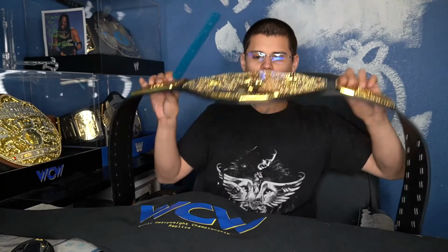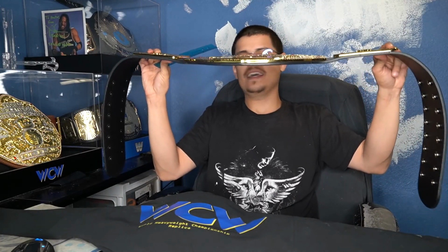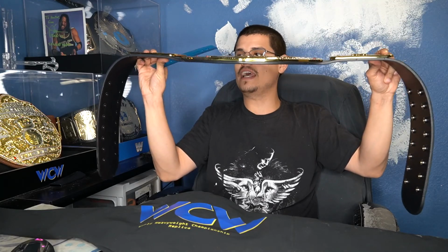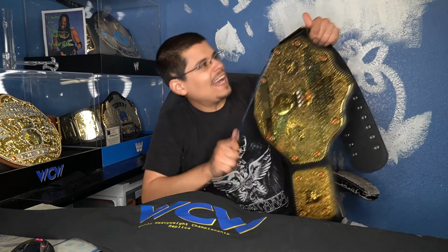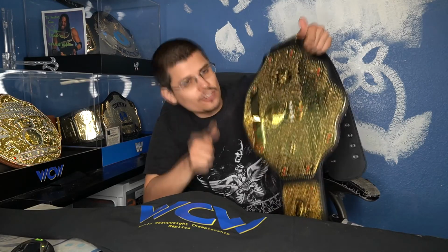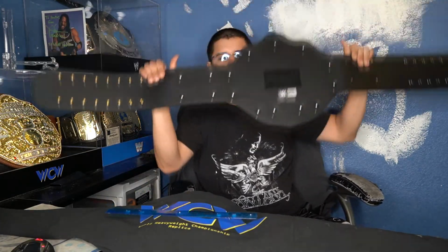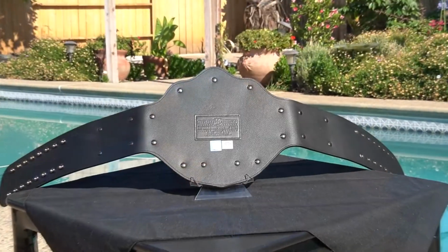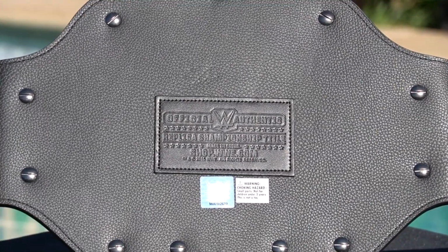And as I said before, and I'll say again and again, this plate is just as flat as a pancake. And if you try and hold it up like this, like some of the wrestlers do, you can kind of see the bolts under the plate, but just barely. Back of the belt has the patch with black screws, flat screws, standard screws, I guess you can say,